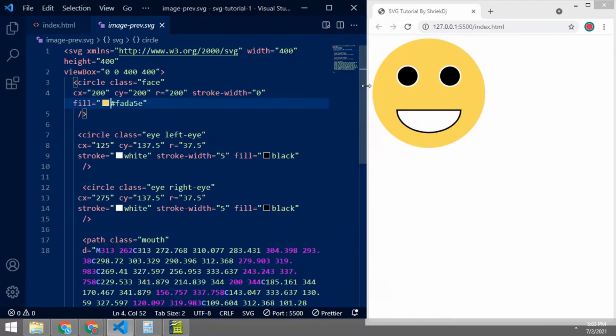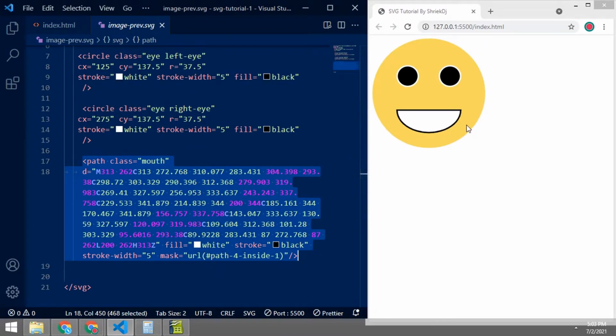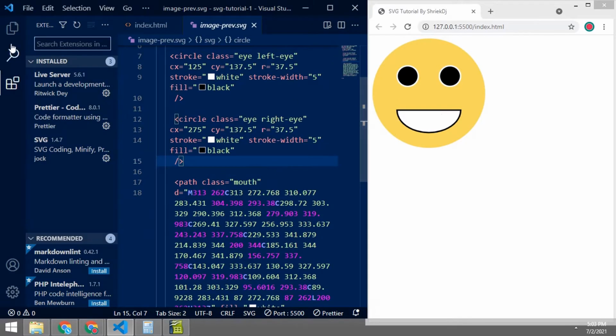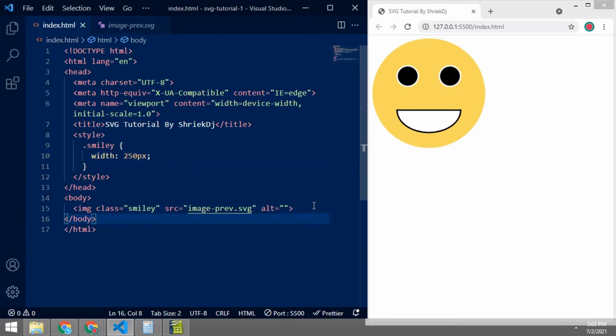It creates a face of a circle, and all of these are the properties of that circle. Like, it is yellow, green, yellow, black, or anything like that. This is a right eye, left eye, and mouth. See, all of these are coded in XML. It is purely XML, not HTML, but XML. It is defining itself.